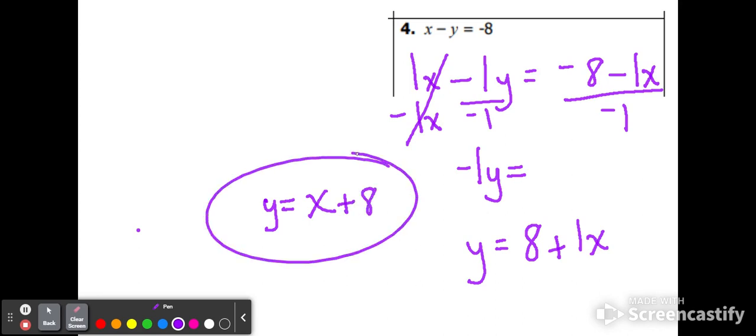Okay. Now, go ahead and try the others on this page. There is an answer key, so you can check it later. But this skill is really important, and it affects